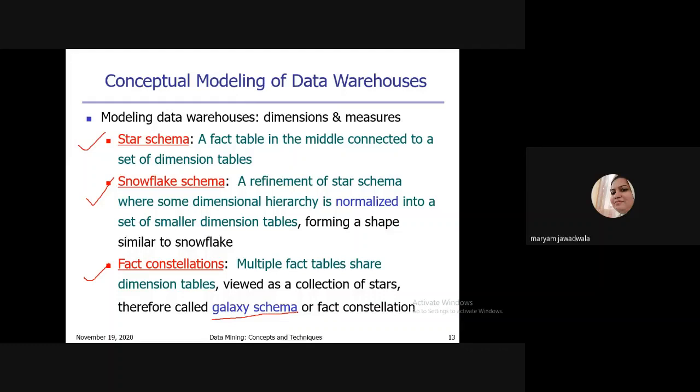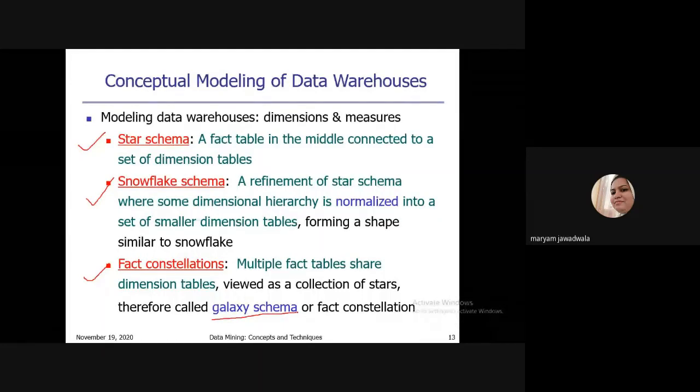So snowflake schema is nothing but the expanded version of star schema. Here also only one fact table is there, multiple dimension tables are there, but if one of the dimensions is normalized, then this is nothing but snowflaking, okay, and it is known as snowflake schema.